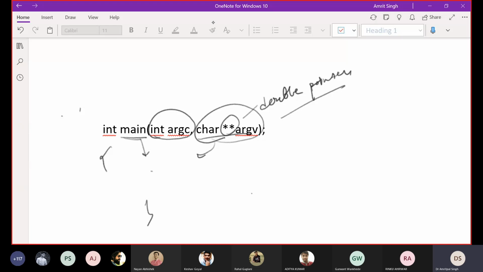So in the main function, when normally you have used 2 arguments, and then you are going to transfer hello and world, these 2 arguments you can directly give from the command prompt while you are executing your program. So that's why these 2 arguments are used, बच्चे. After we are done with recursion, array and pointer basics will be done, then we will discuss these things. Any doubt बच्चे?